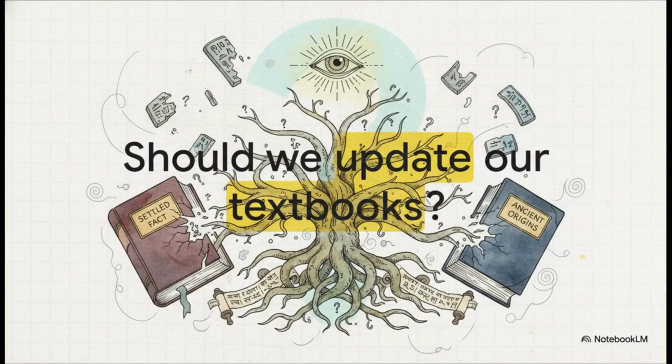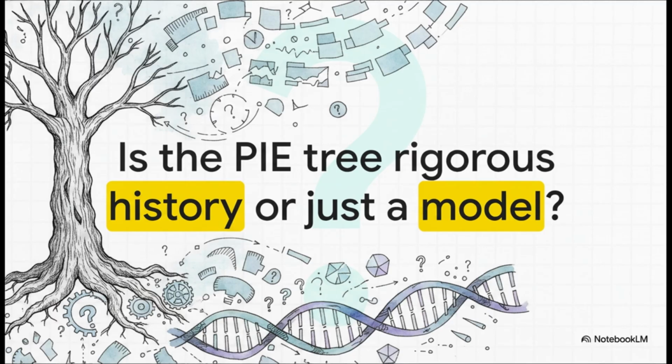So given that the foundation of this ancient language tree lacks any physical proof and operates on heavily compounded inferential models, I'm going to leave you with this provocative thought. Is it time we update our textbooks to reflect the actual historical evidence, rather than presenting a 200-year-old hypothesis as settled fact? If a linguistic family tree lacks any attested physical roots, relies on circular dating, actively contradicts modern genetic DNA evidence and fundamentally fails its own mathematical timelines? Is it rigorous history, or is it just a theoretical model?